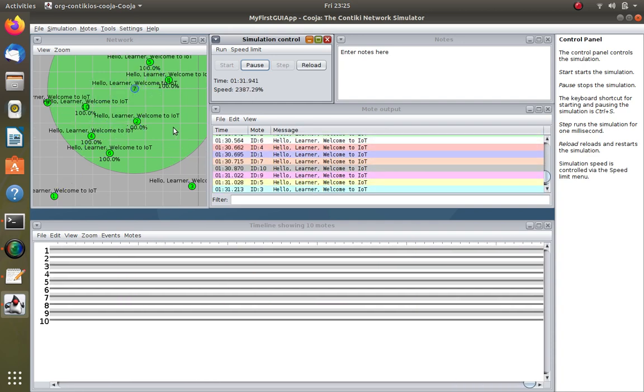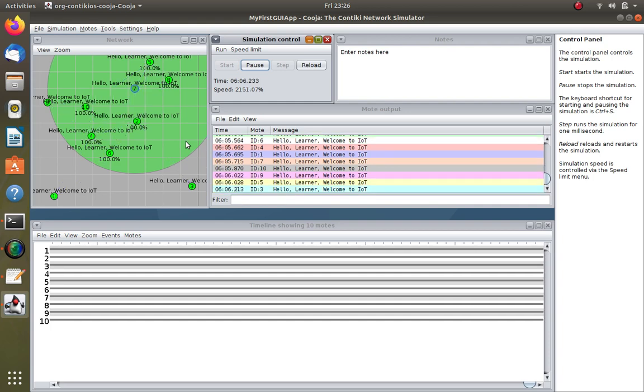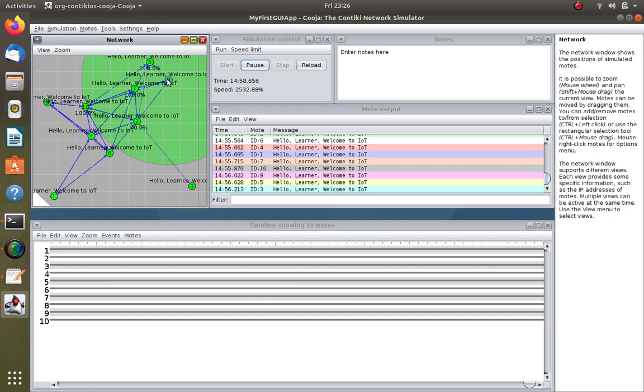Hello learner, welcome to IoT. See all the nodes are exchanging. As I told you, each and every Sky mode or each and every sensor node has inbuilt intelligence, so that they are able to have transmission connectivity with the nearby nodes. They have intelligence so that they can talk to the nearby nodes by default. We need not enable it. By default they have it because of the operating system embedded into it. That means every one of these is a node, and in this node an operating system is already there inside, and we have programmed this for our own Sky mode. Okay, in this, what I do is right click over any node.